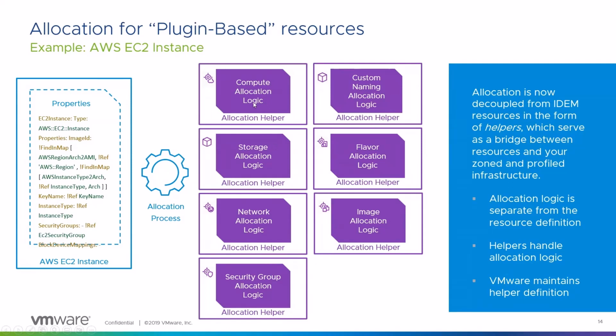So we have one for compute that allows us to allocate compute, so which cloud zone, for example, you want the machine to be provisioned in. Custom naming allocation logic uses the custom naming policy within Aria Automation. Storage allocation allows you to land on the right storage profile. Flavor allocations allow you to choose the right t-shirt sizing for the workload: small, medium, large, extra large. Network allocation allows you to